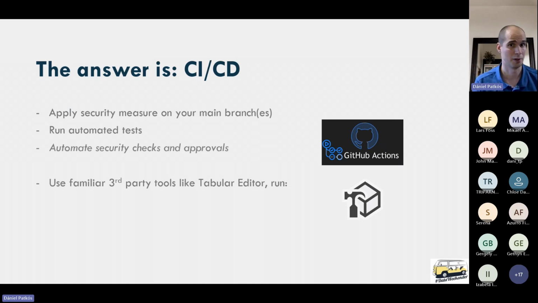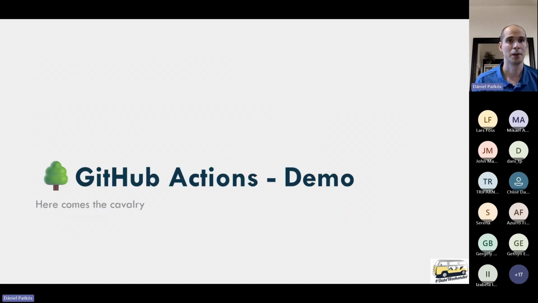Helping us Power BI developers with a lot of things. What you can do, for example, is run the Best Practice Analyzer. You can format your DAX, and you can basically run any macros you have in Tabular Editor. And the best part, you can not just run that, but you can also build automation based on the outcome of the results. So we are going to run a test, and we are going to